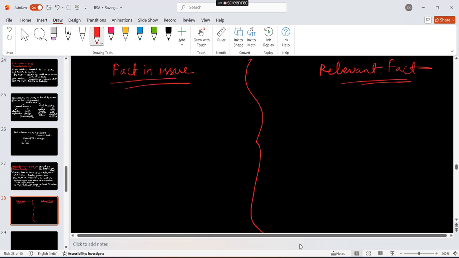Fact in issue and relevant fact. So fact in issue is determined by the court. Parties don't determine fact in issue. It is determined by the court. And those facts are determined based upon the facts of the suit or the proceeding during the stage of framing the issues or charges. Okay. So fact in issue, as I said, it is determined